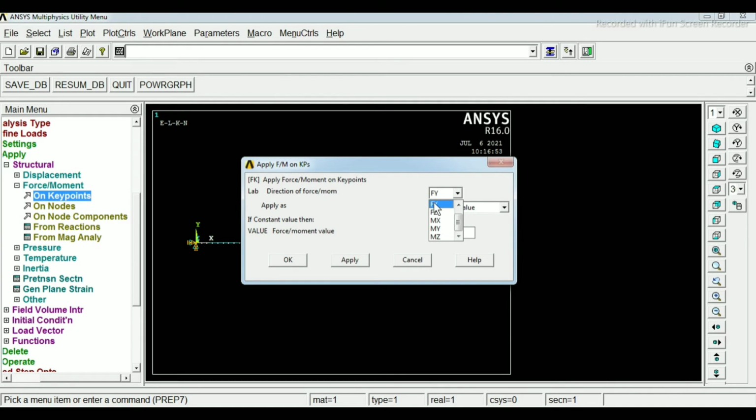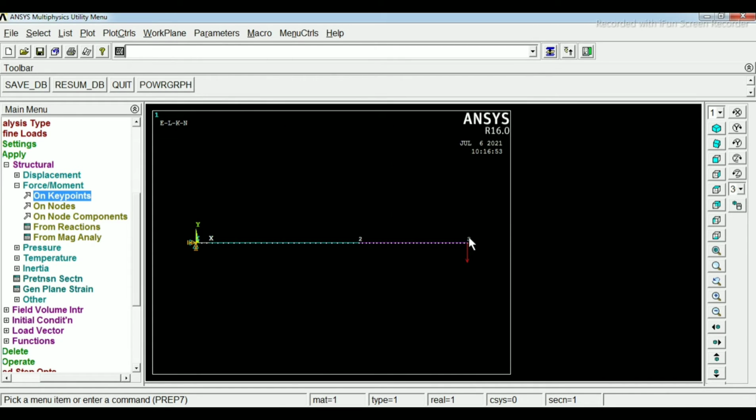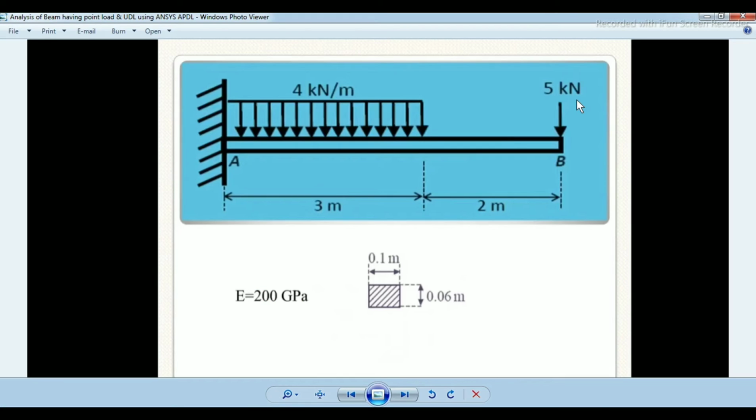We want a force in the y direction and our value is -5. So force of -5 in the downward direction, that is why we have given the minus sign. Then click on OK. So 5 kilonewton force in the downward direction is added.